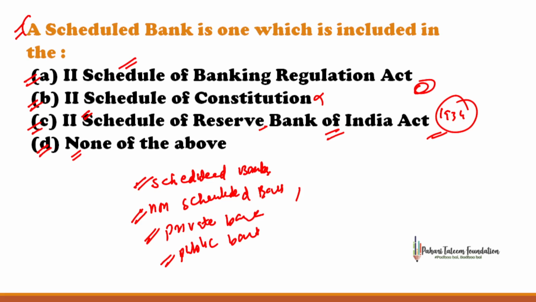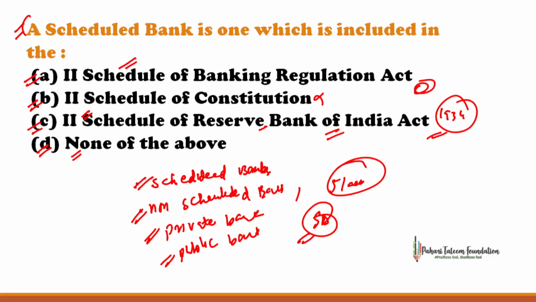So the bank's paid up capital and raised fund must be at least 5 lakh to qualify as a scheduled bank. Okay, what is the qualification criteria for a scheduled bank? These banks are eligible for low interest loans from the RBI. They also have membership in the clearing house. They have numerous obligations to fulfill, such as maintaining an average daily cash reserve with the central